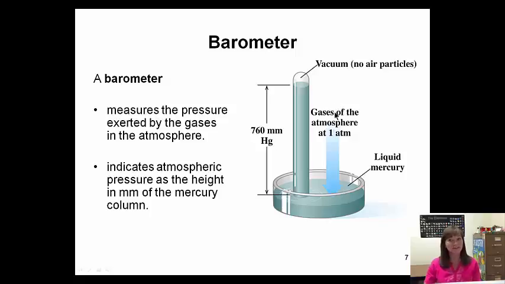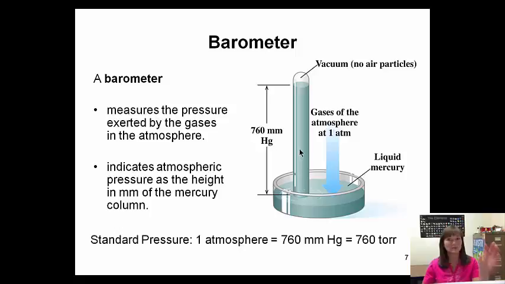So if you are at sea level, then you're going to have 1 atmosphere of pressure pressing down, and as it's pressing down in there, it's going to be trying to push it up the column. So the mercury in the tub is actually going to try to go up your tube of mercury in this column, but you also have the weight of the column of mercury trying to push down. So you have this counteractive force. So you can measure your atmospheric pressure by how high up your mercury climbs in your glass tube. And it turns out that if you have 1 atmosphere of pressure, then the mercury is going to climb 760